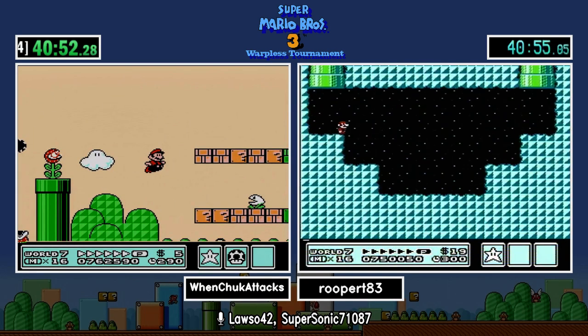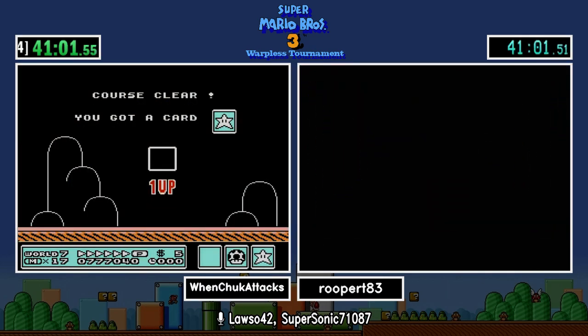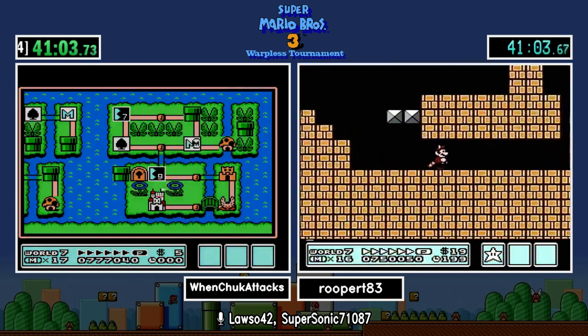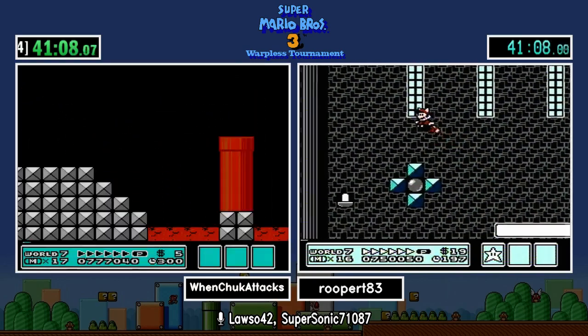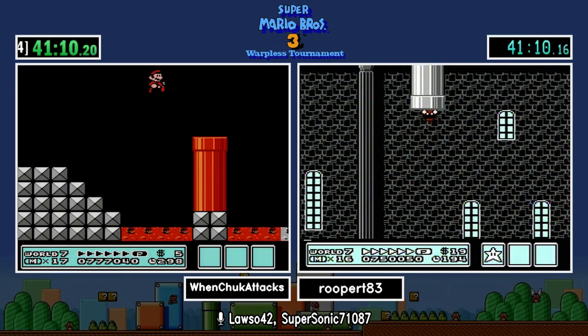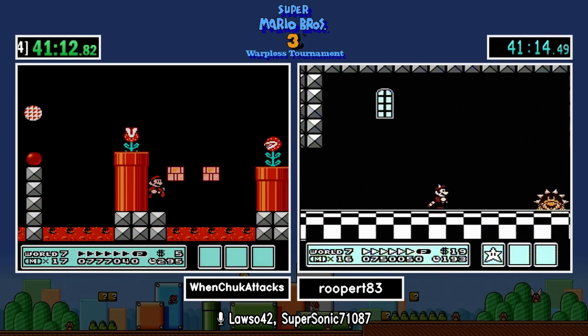Alright, Chuck is going through 7-8 here. Yeah, I'm not sure if that's on my end or not. It looks like Chuck's having a little bit more frame drops there. Looks like he's going to cloud 7-9. Interesting choice. I know Chuck usually...